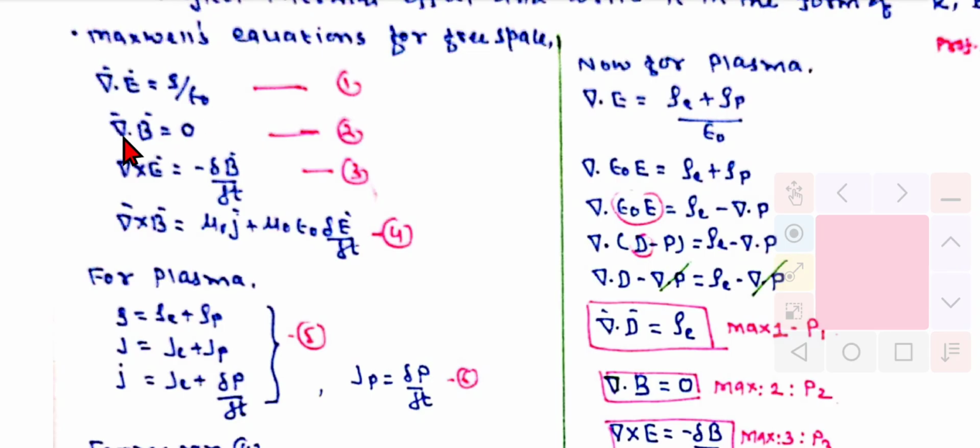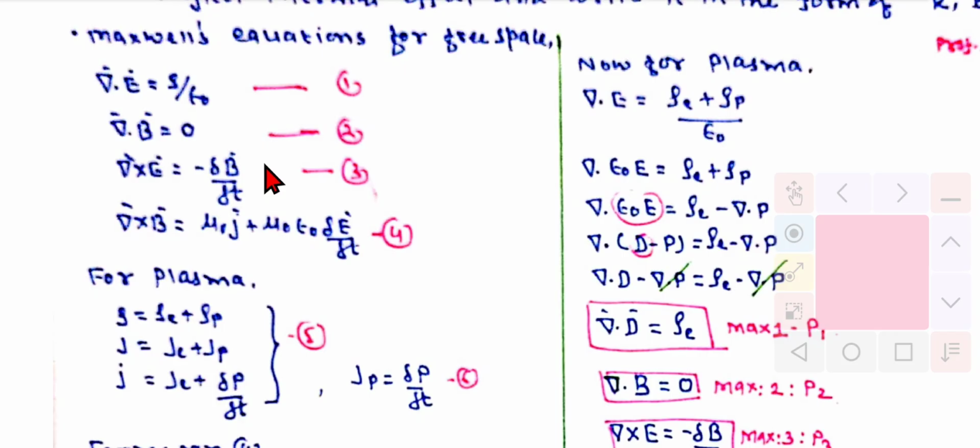Again, the second one is for the magnetic field vector: divergence of B equals 0. That means magnetic lines of force are closed, that is, input flux equals output flux. We can see this here as equation number 2. Third equation,